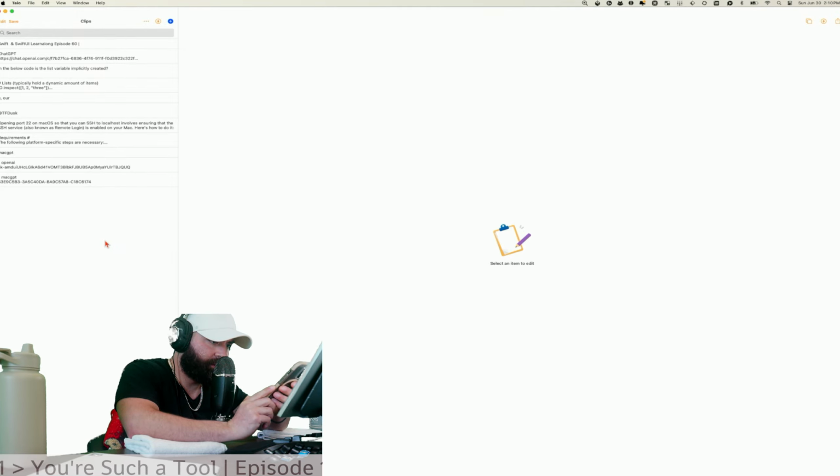There's an option to sync your clipboard. Okay, yeah, so now as long as that setting is on,